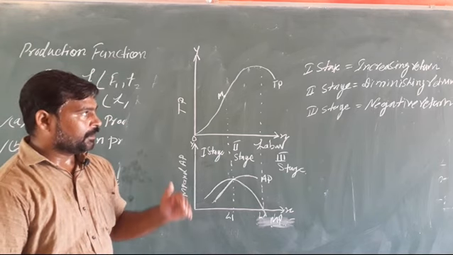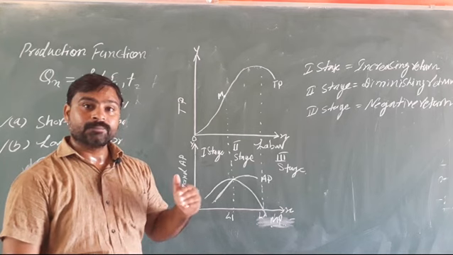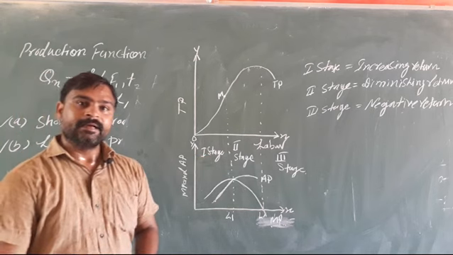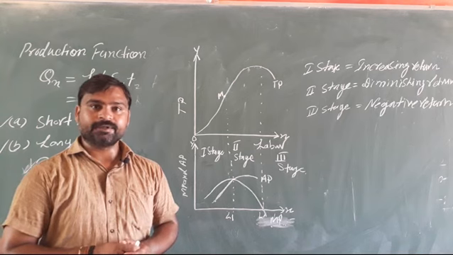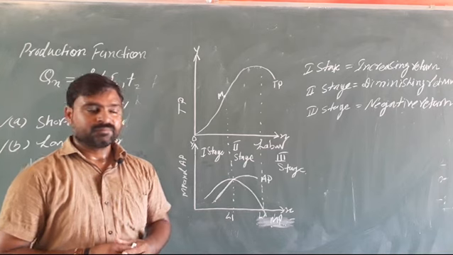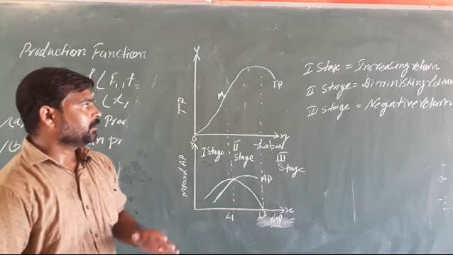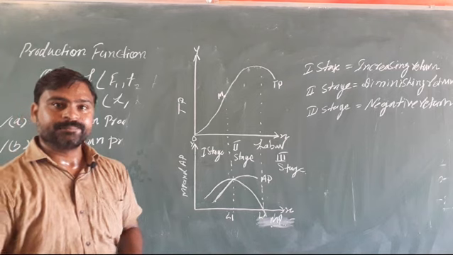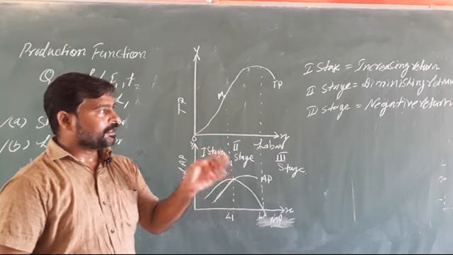Secondly, the reason for increasing return is the optimum utilization of the fixed factor of production. An increase in the variable factor of production is employed perfectly, or in optimum proportion, with the fixed factor of production, such as land and capital. The increase in labor fully or optimally utilizes the fixed factor of production, so it brings more productivity in the industry.